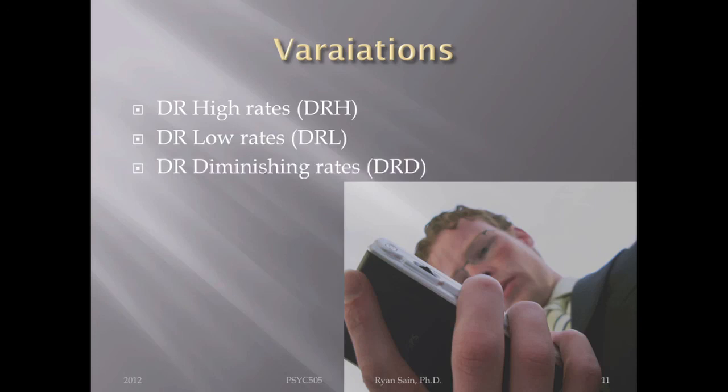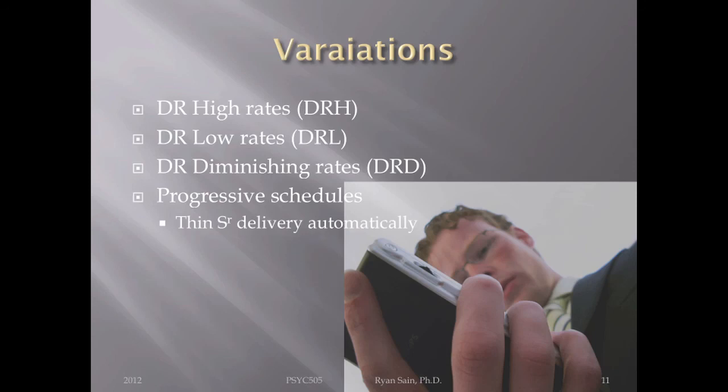Right? And then we can look at DR of diminishing rates. This is where you change the criteria as you go, and I've used the term changing criterion design in the past. You would use a DRD to do a changing criterion design. So the idea is that if you're engaging in a particular behavior at a high rate, let's say talking out of turn, now I'm going to have you drop that down a notch and say, okay, now you can talk out of turn, but not as much as you did yesterday, and the next day, okay, you can talk out of turn, but not as much as you did the day before, and so on and so forth. You're diminishing that rate, you're reducing that rate. We'll talk more about these later, but the basic idea is that you're using reinforcement to slow down a response here. So a particular rate of responding is what's being reinforced, not just that behavior.